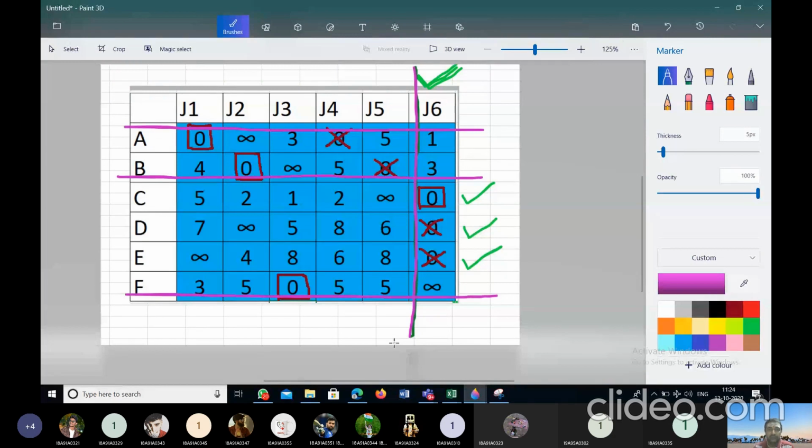How many lines did I get? Only 4. So I can write here L1, L2, L3 and L4. Right? I was having some problem of having only 4 assignments. So I started row ticking, column ticking. Right? So there will be 4 lines also. Got the point? So marked column, unmarked rows.